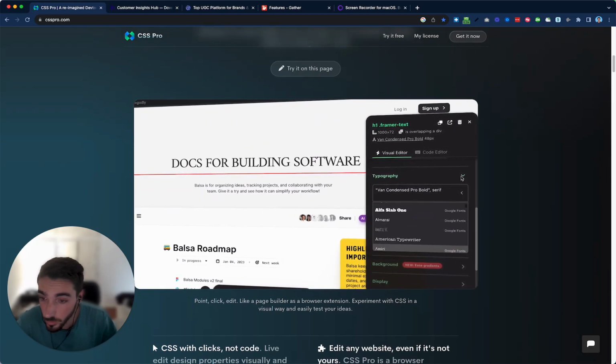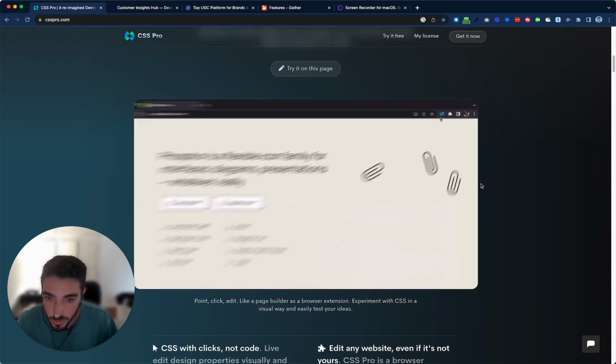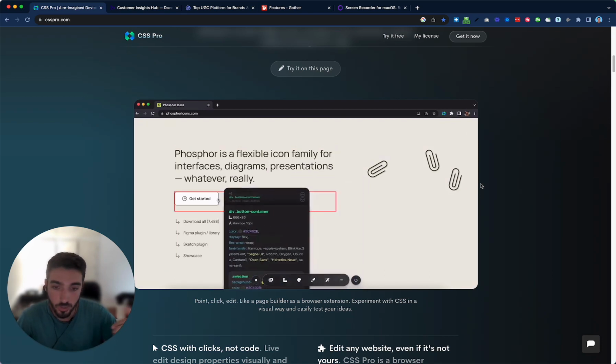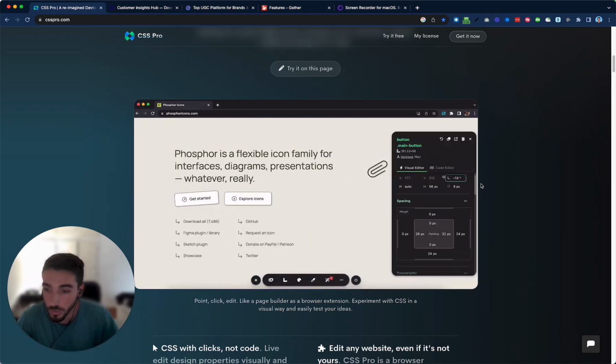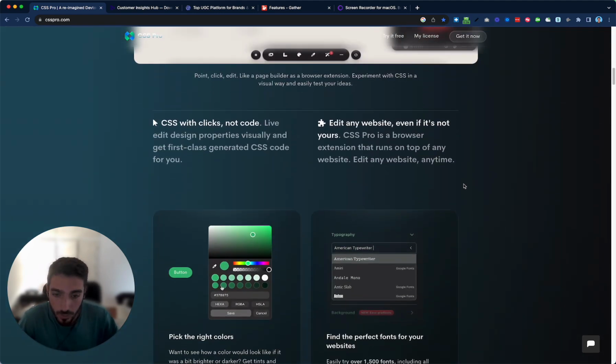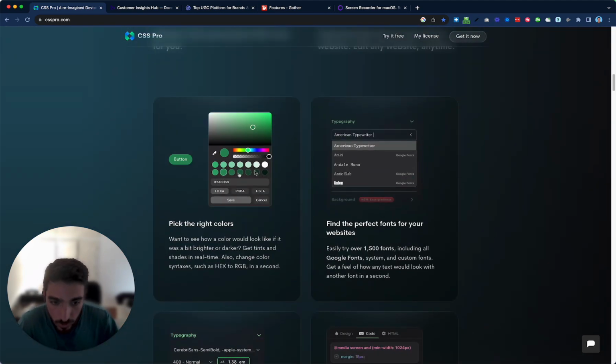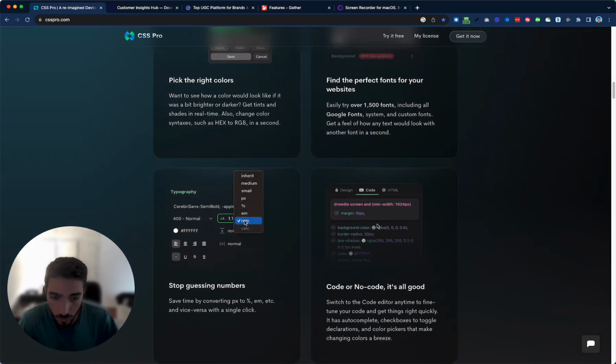And then I would spend the rest of the website just figuring out all the use cases for it. So you can change the fonts, you can change the colors, you can add backgrounds, you can save this page, whatever it is. Take it, screenshot it, right? Like they're doing here. So you can change the colors, you can find the perfect fonts, you can actually move to code if you want to make code changes. You can